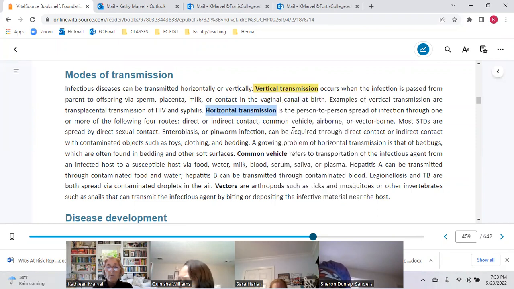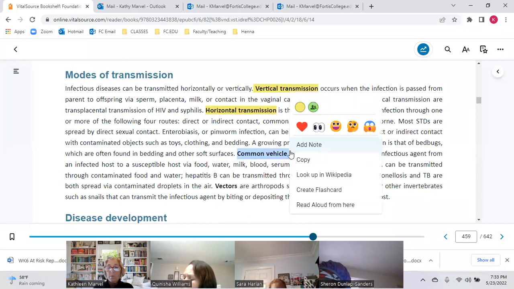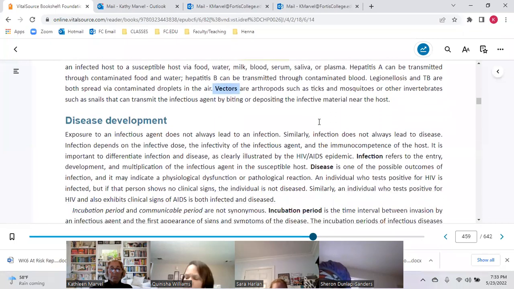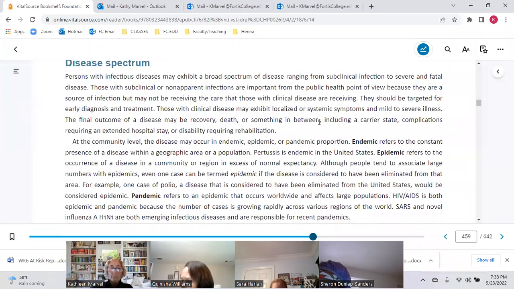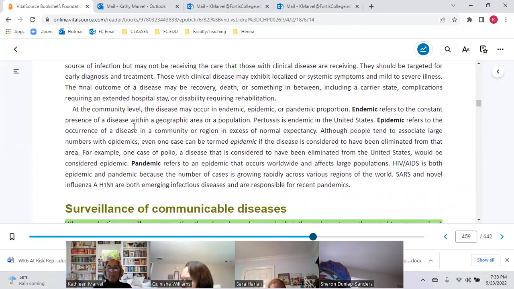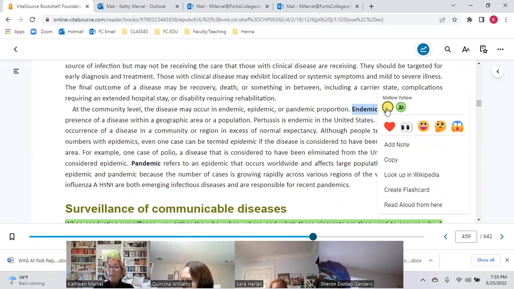What are the modes of transmission for infectious diseases? It's a nice summary of these right here. Now we need to know how the disease is occurring. Please, we need to know the difference between endemic,